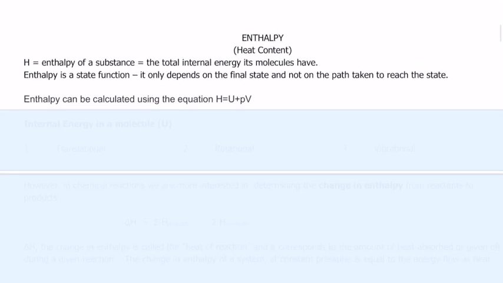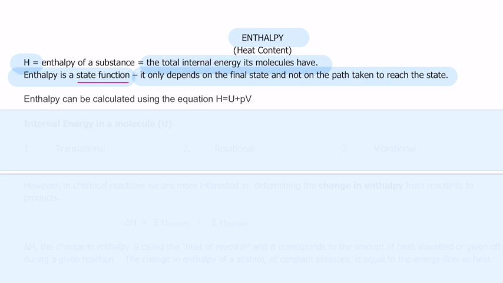One term we will use a lot in thermochemistry is enthalpy. Enthalpy is the total internal energy a substance has. It is represented by the letter H. Keep in mind that enthalpy is a state function. This means that it only depends on the initial and final state and not on the path that is taken